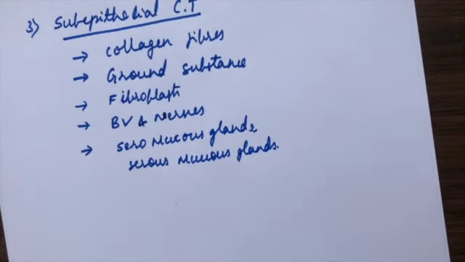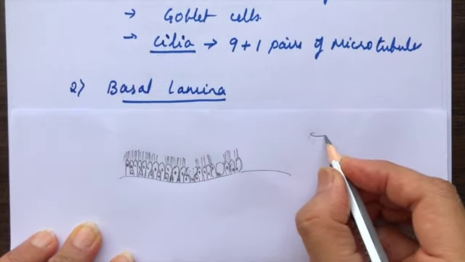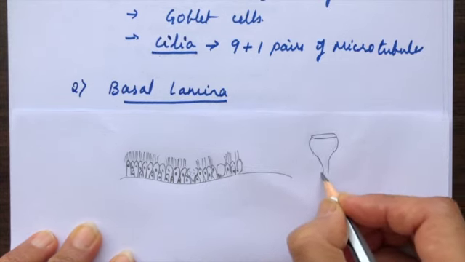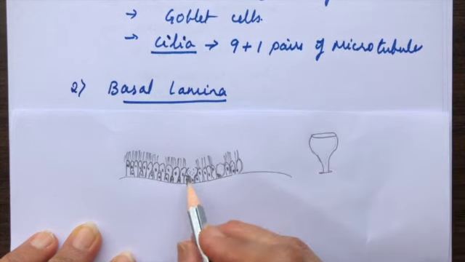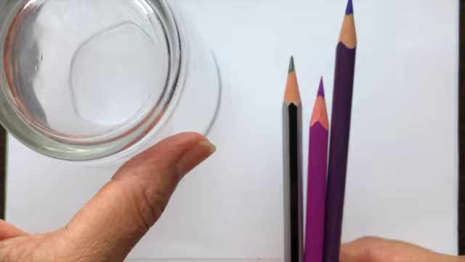lumen, and they secrete the contents of their cells, that is the mucin and all the other secretory granules, which will be beaten and taken to the nose through the cilia. When I said goblet, this is what I meant. This is a wine glass. Goblets are basically thin stalked, wide mouthed wine glasses, and these cells resemble the goblet, hence they are called the goblet cells. The secretion of these glands consists of water, neutral lipids, proteins, carbohydrates, and mucus secretion, which consists of glycoproteins and mucopolysaccharides. Start drawing this histology of maxillary sinus.